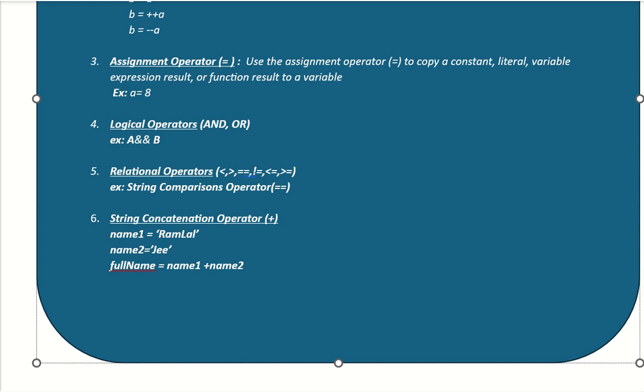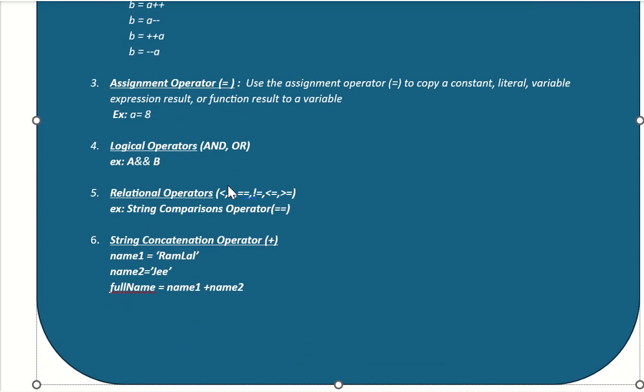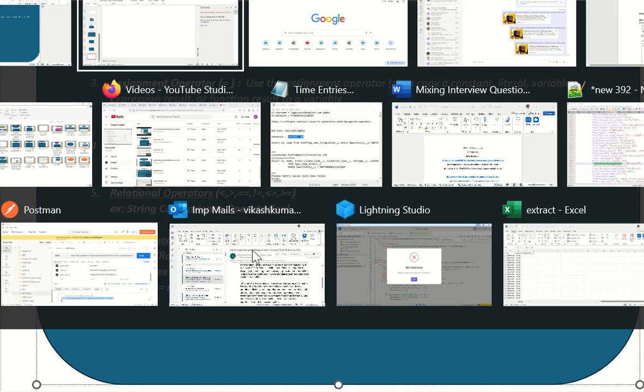So hello friends. In this video we are going to talk about the ternary operator. In the previous video we have not mentioned what the ternary operator is. So here we will talk about the ternary operator, and a little bit about the string concatenation operator. Suppose you are using the plus operator with a number and a string: the number is converted into a string and added to the string. That is the concatenation operator, and then the ternary operator. So let's go to the console and we'll discuss.